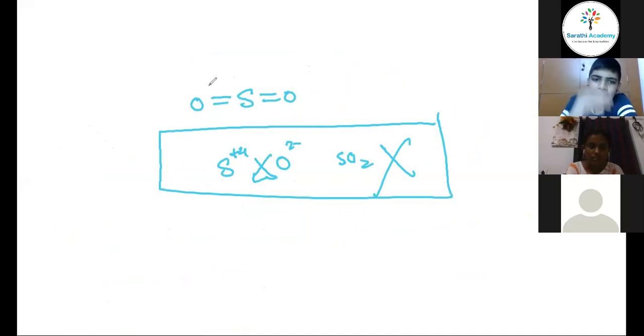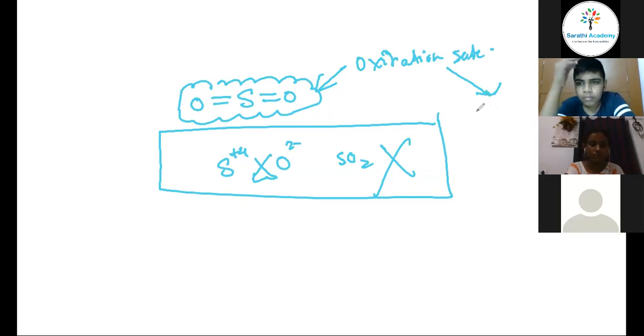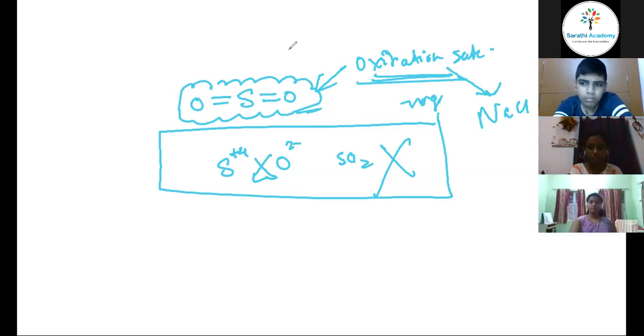Yes, sir. So what we do in the case of covalent compounds as well is use the oxidation state. That is why I was using this term oxidation state. Okay. So oxidation state is a term that can be used for both charged species for ionic compounds like NaCl, and it can also be used for covalent compounds like SO2. Okay? But because this is a new term, that is why I was using the term charge. Okay? So don't get confused. It is not that sulfur is having a charge of +4 here. That is just a term I was using for your understanding. Is it clear? Yes, sir.